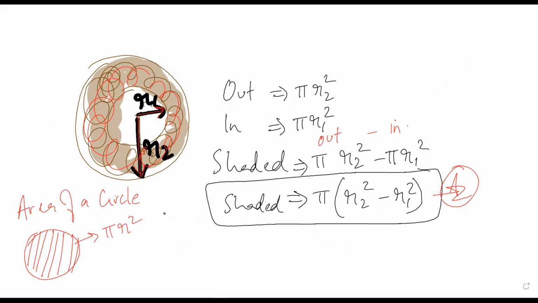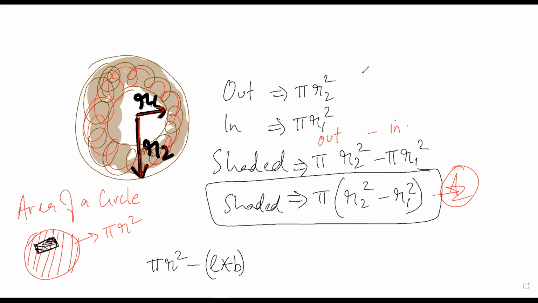Now out of this area, I need to subtract the area of the rectangle which is there. Any doubt? No, sir. So out of the full circle, I need to subtract the area of the rectangle which is length into breadth. Any doubt? No, sir. Mr. Sarthak, is it correct? Yes, sir.